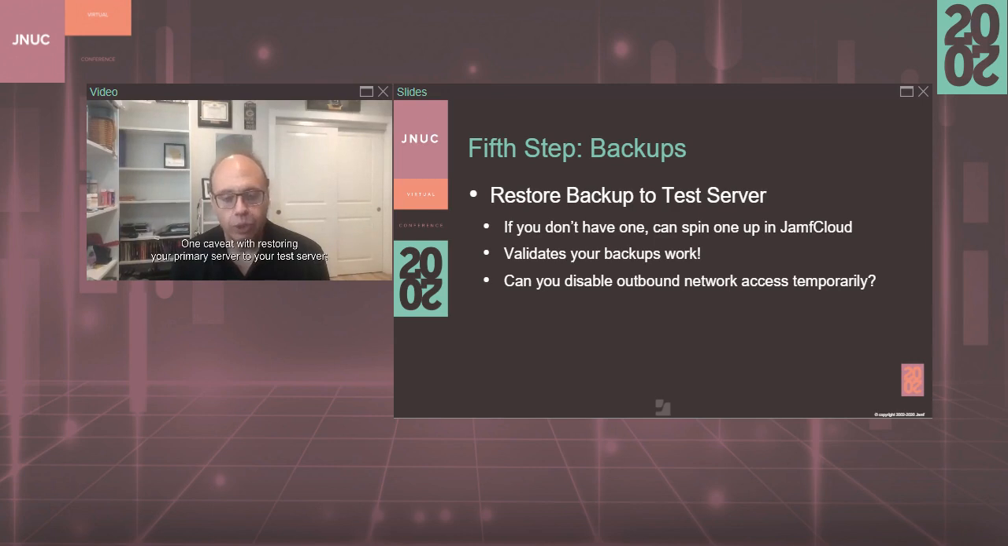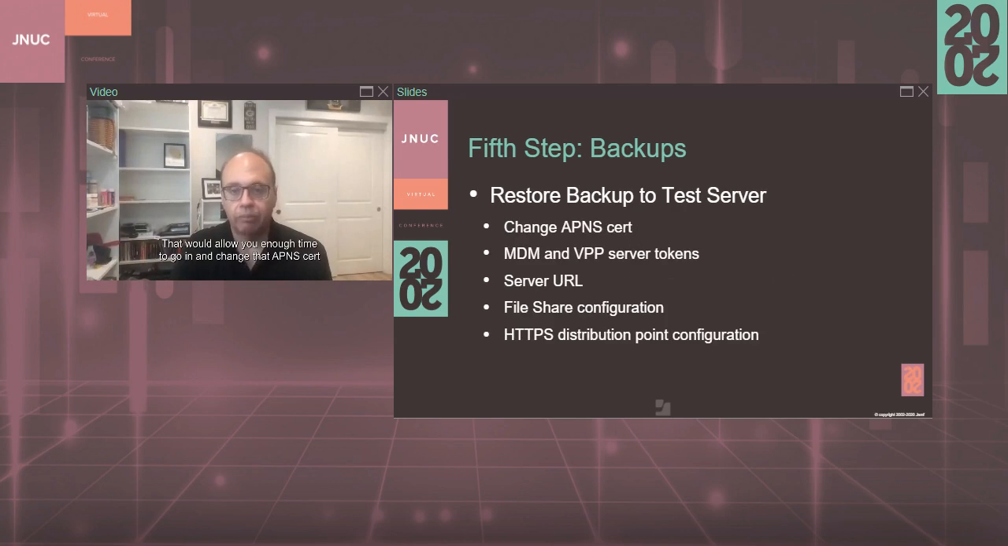One caveat with restoring your primary server to your test server: that also restores things like your APNS cert and your MDM server tokens. Having those things come from multiple servers is going to confuse Apple. So what you'd ideally like to do is have some way of blocking outbound network access from your test server temporarily after your restore. That would allow you enough time to go in and change that APNS cert and the MDM and VPP server tokens. Your backup server should have its own unique